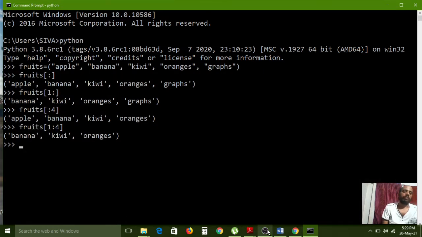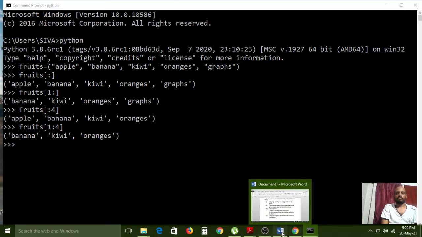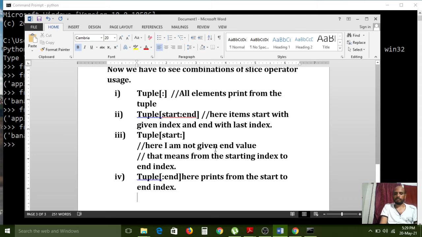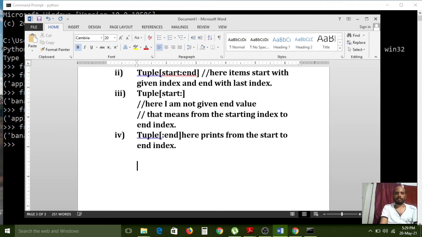basic operations on tuple. On tuples, what are the basic operations we have? Now we can see.